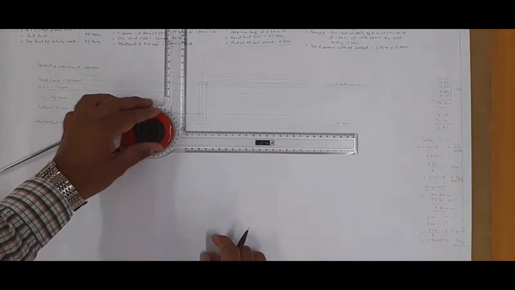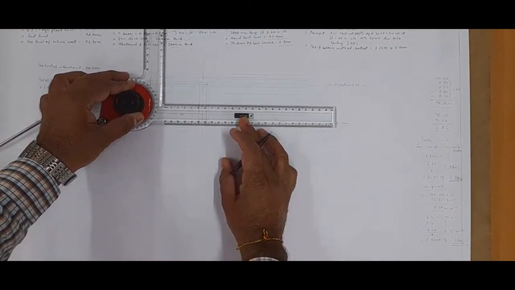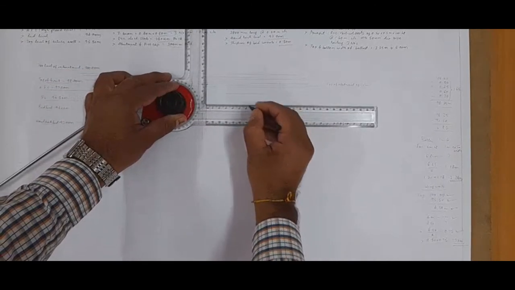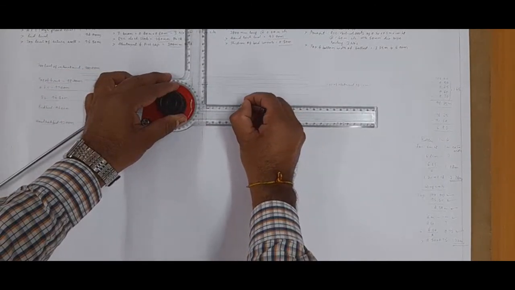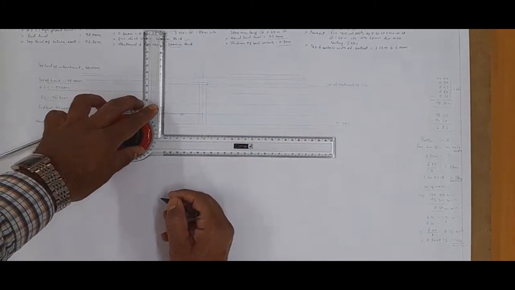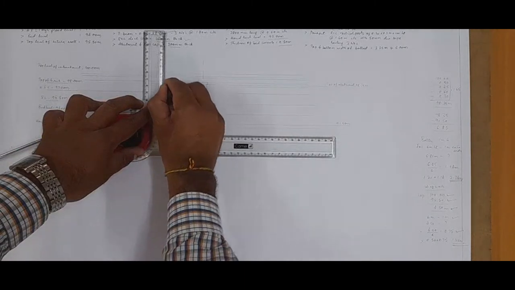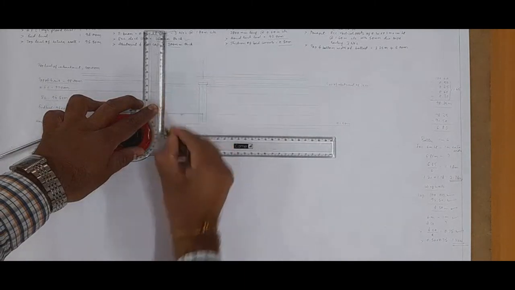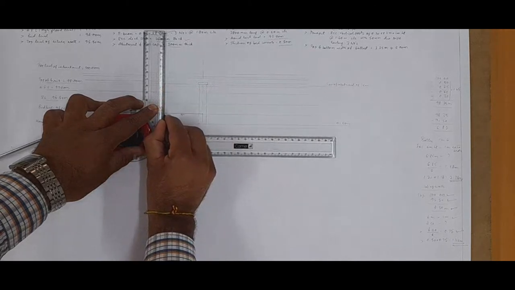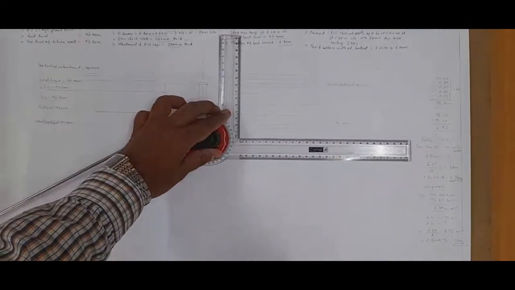Then since it is a 2-span bridge and the span is given as 5 meters, first demarcate the distance: 5 meter on left and 5 meter on right. So this will be the inner face of the abutment. The abutment starts from here up to the ground level line straight, then the portion below I am going to draw with a dotted line on the other side.